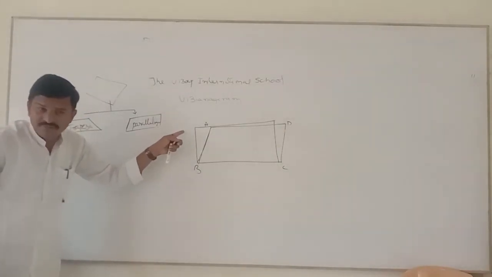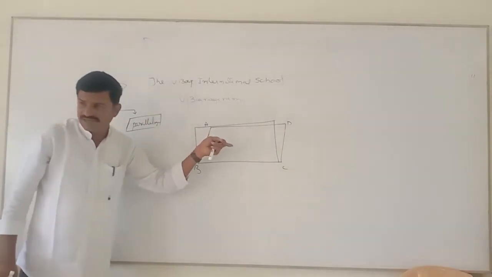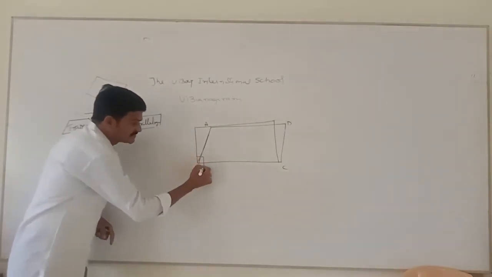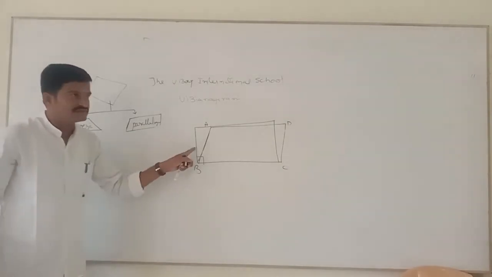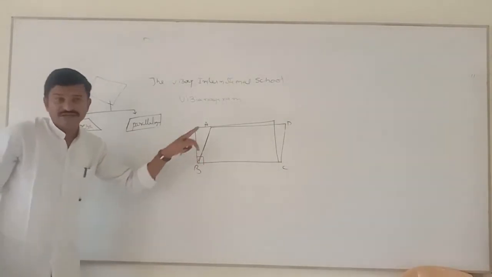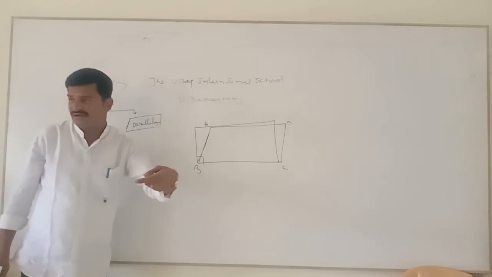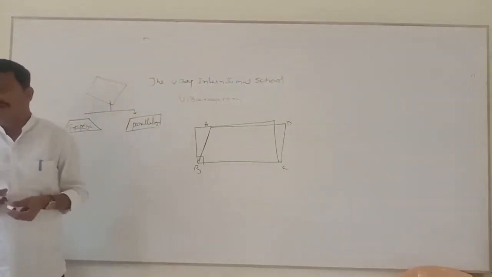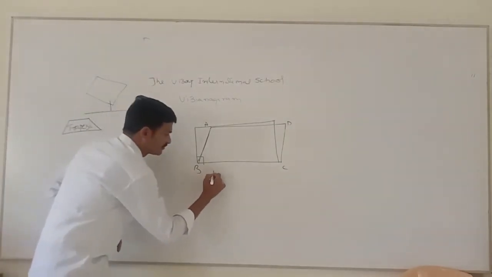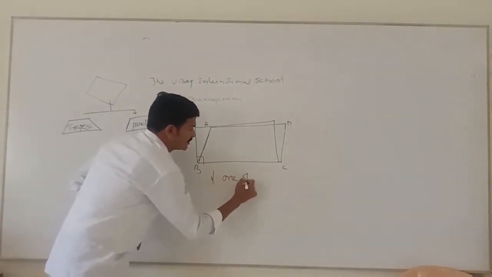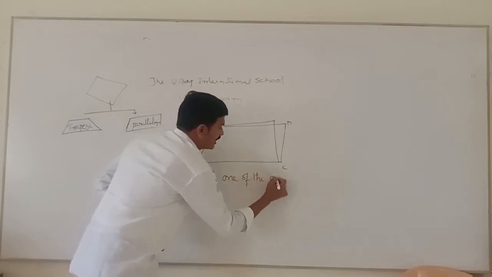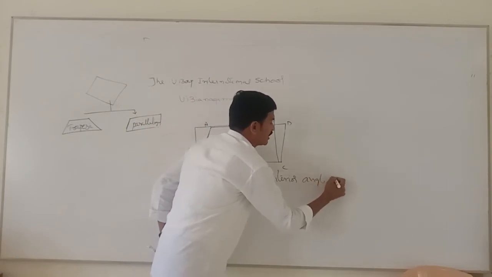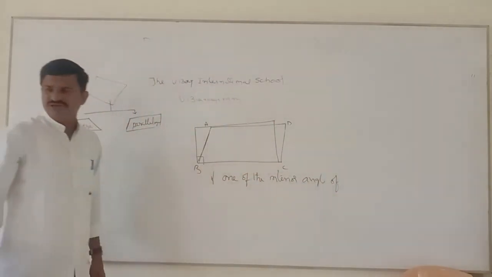Now, which is the shape? You are very familiar now? Rectangle. What is the shape it is? Rectangle. So, when a parallelogram becomes rectangle, how much angle it is? 90 degrees. If one of the angle is 90 degrees, then that parallelogram is becoming a rectangle or not? So, that is where another type of quadrilateral also we got it. What it is? If one of the interior angle of a parallelogram, or else one of the angle you can use it, no problem.